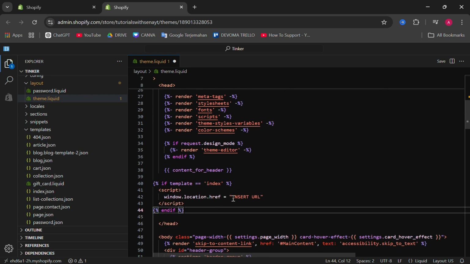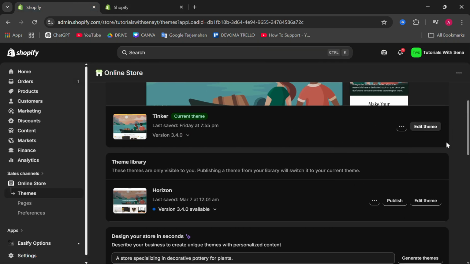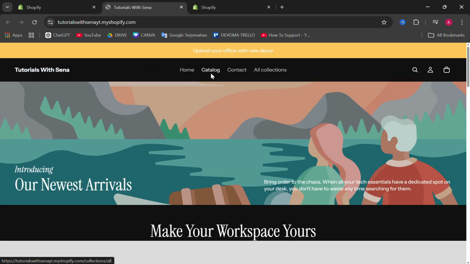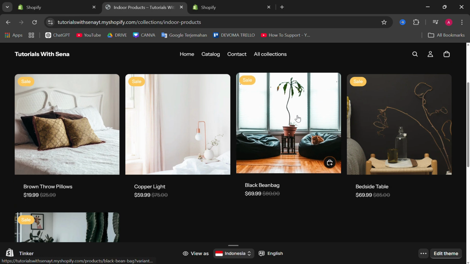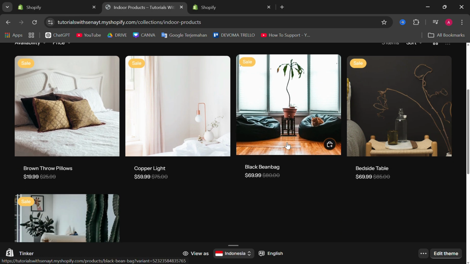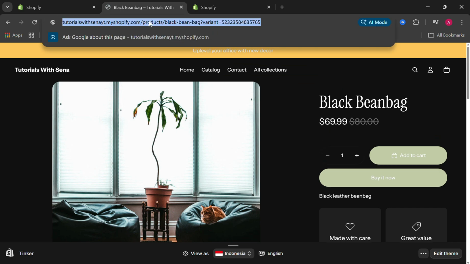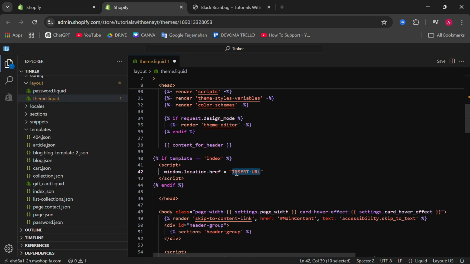and then don't forget you have to insert the URL, the product URL in your Shopify store. So we're gonna go back to the theme page here and then click view your store, and then it will open your store, and we're gonna go to catalog here or all collection and then click the collection. So let's say I want to promote this product, the black pin bag. So I'm gonna click on it, and then I'm gonna copy the URL or the link here in the top, copy it, and then in the edit code page you can paste it here